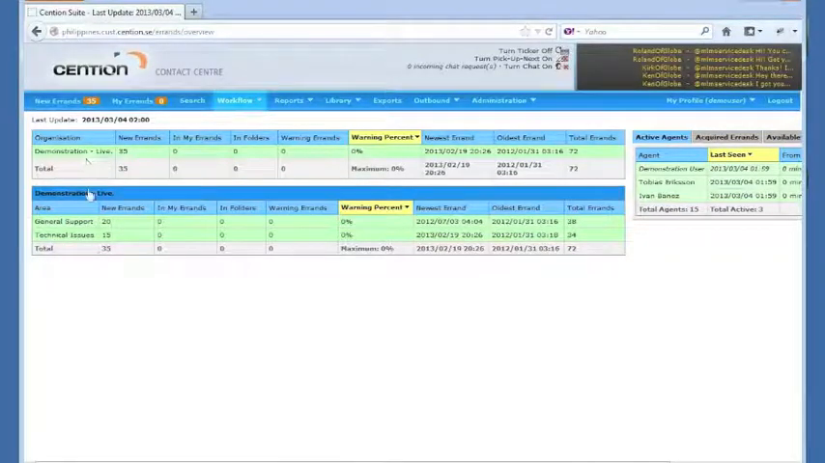In this case, it's a demonstration. And then within that company, you can see the various departments. So we have general support and technical issues. So two different areas, or as we like to say, departments, that have access to the system or